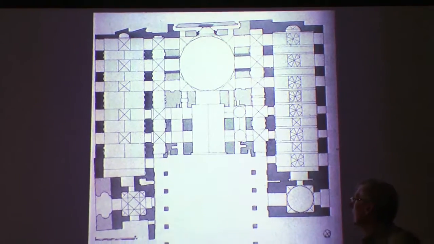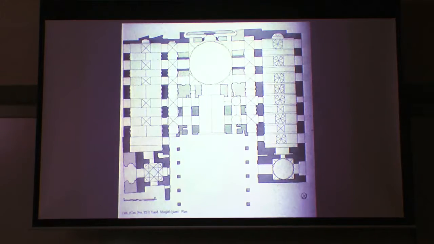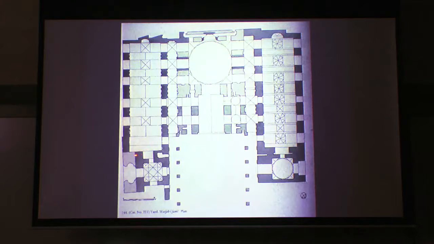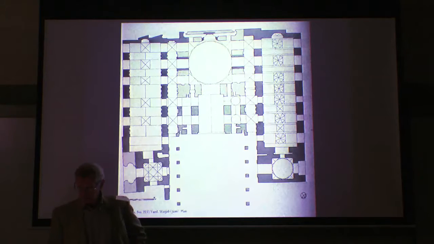So this is the original area of the building. The entrance Iwan that we were looking at is here, leading into a vestibule. Courtyard, Qibla Iwan, Qibla dome chamber, and there are two covered halls to either side. These are transverse vaulted halls, in fact. The lines show the vaulting. But we're going to concentrate on the